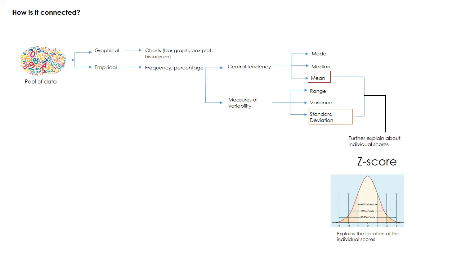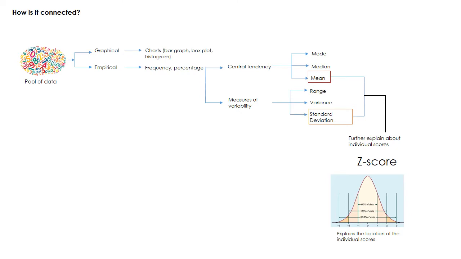Once we have organized them into a frequency table, we wanted to know further, not just how many percent, but the description of the distribution of the data that we have received. If you have a big pool of data, we cannot be explaining every score in the data. It's not possible and it's not feasible. So what we need to do is calculate single scores that can represent the entire distribution. That's when we learn about central tendency.